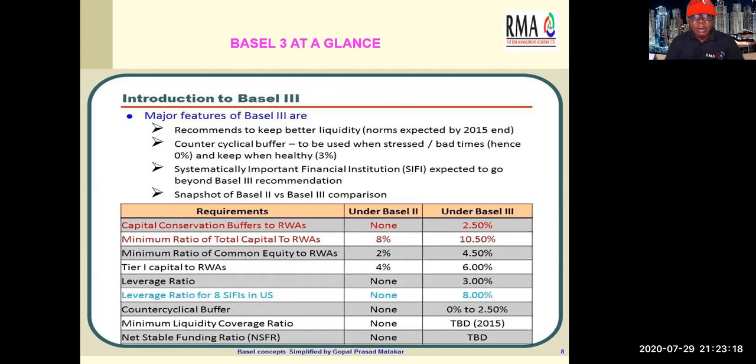The liquidity coverage ratio was not under Basel II. Now it has been brought in under Basel III, and the ratio should exceed 100%. Then the net stable funding ratio was not there also under the Basel II Accord. Now it has also been introduced, and that ratio should be greater than 100%. So in a nutshell, there has been substantial enhancement to the Basel II Accord under the Basel III Accord. But don't keep your eye off the ball. We are focusing on the issue of liquidity optimization.